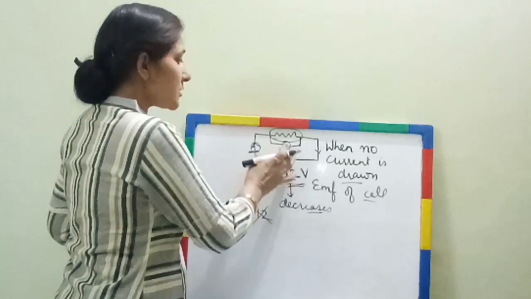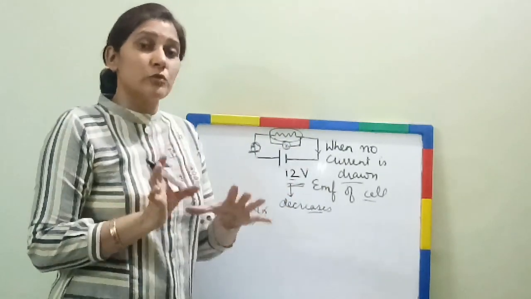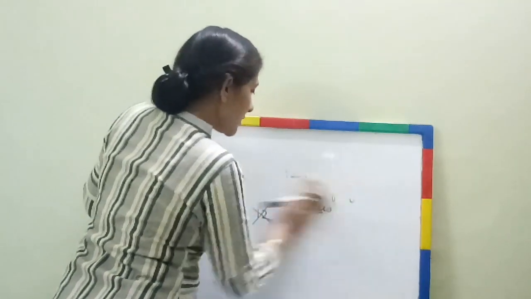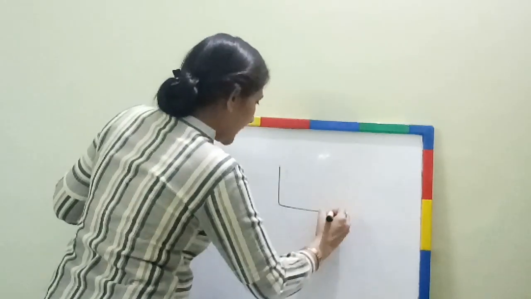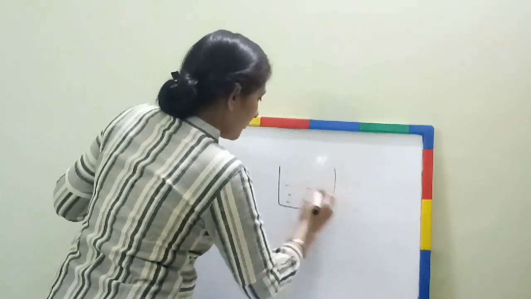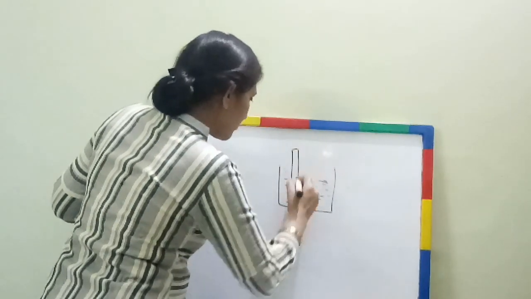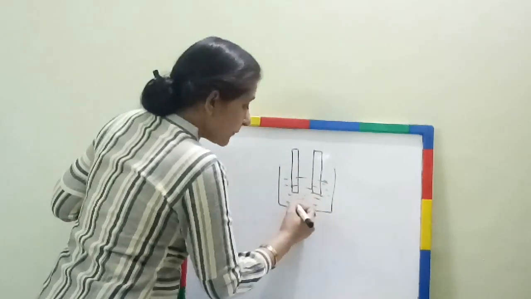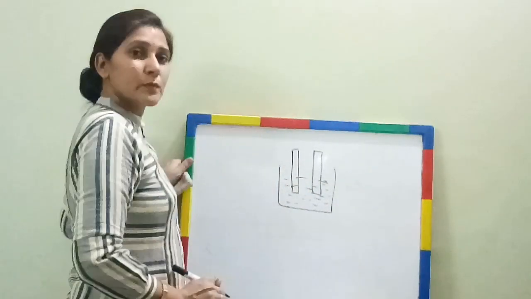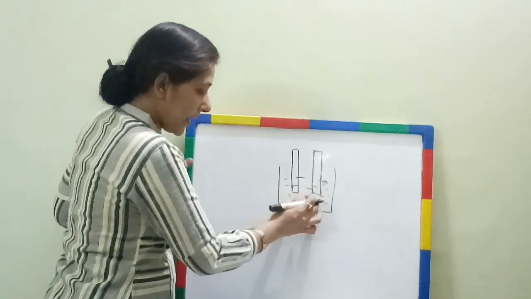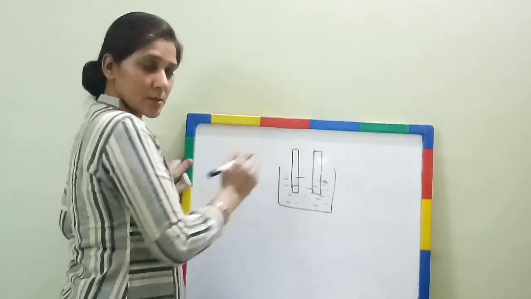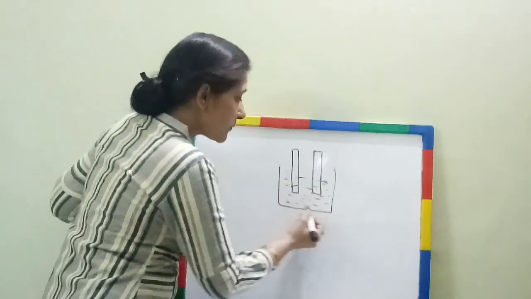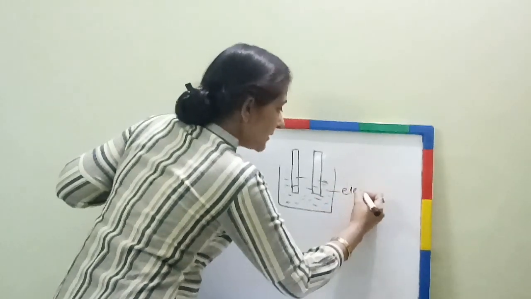This happens because of the material of the electrolyte which we are using in the cell. How we had drawn the diagram of the cell at the initial stage: we had taken a container, filled it with electrolyte, and drawn 2 electrodes. Now on the basis of the material of electrolyte which we selected, the potential difference reduces. Why? Because this electrolyte